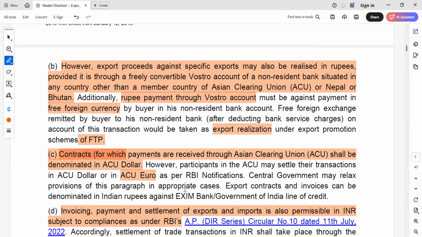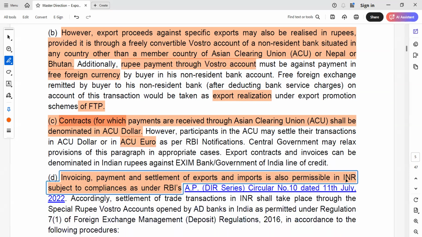provision of this paragraph in appropriate cases. Export contract and invoices can be denominated in Indian rupees against Exim Bank and Government of India line of credit. Okay. Invoicing, payment and settlement of export and import is also permissible in INR subject to compliance as per RBI. तो फ्रेंड्स वही है, इनवॉइसिंग और जो पेमेंट है सेटलमेंट है वो एक्सपोर्ट इंपोर्ट के लिए आईएनआर में हम कर